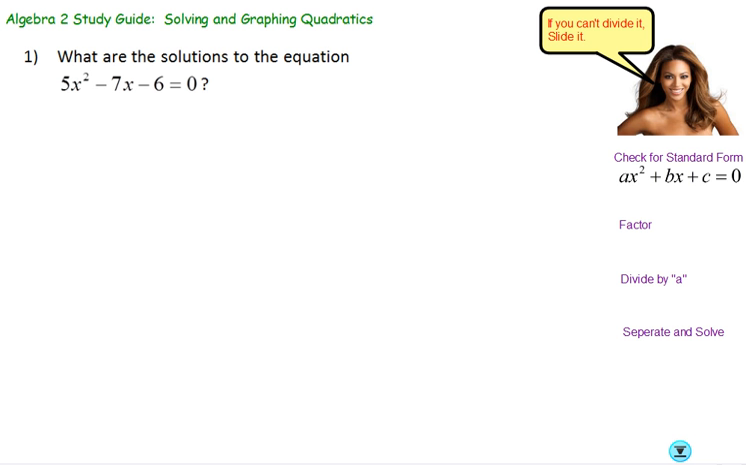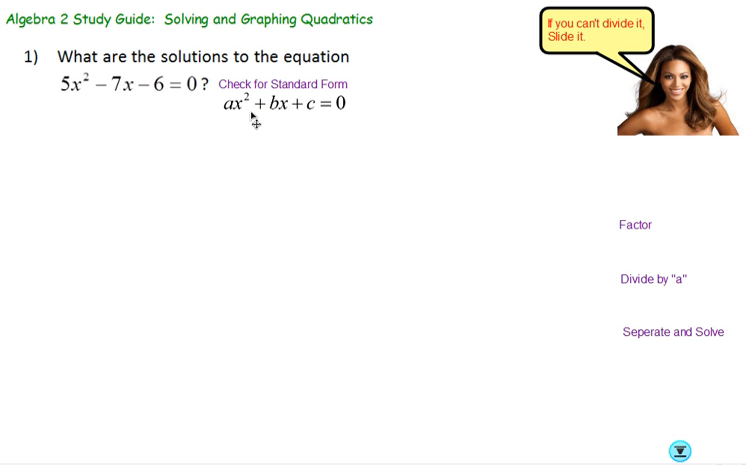So let's take a look at the first problem. It says, what are the solutions to the equation 5x squared minus 7x minus 6 equals 0? Alright, there's a couple things that we want to check for first before we actually do anything. And this is going to be true whether you're solving a quadratic equation by factoring or the quadratic formula. There's something we're going to want to check here first, which is we want to check for